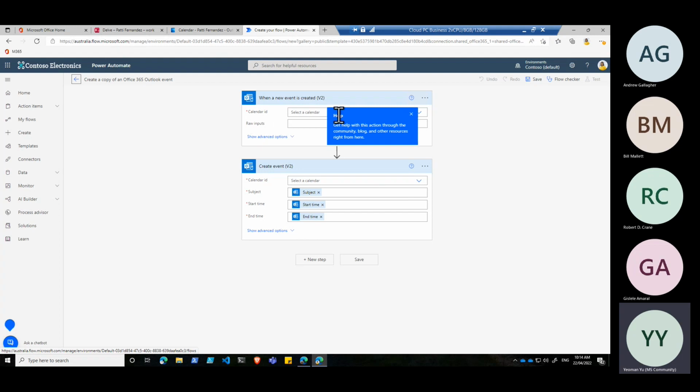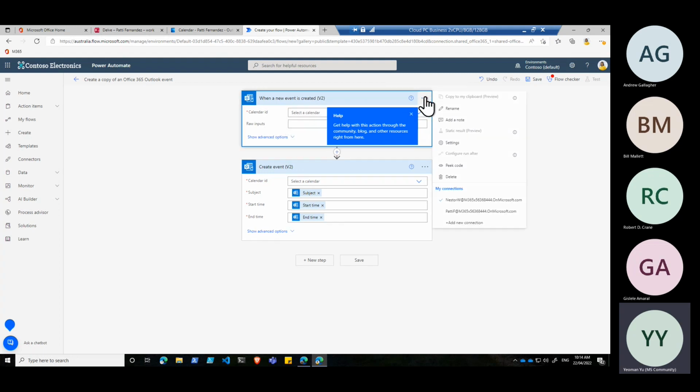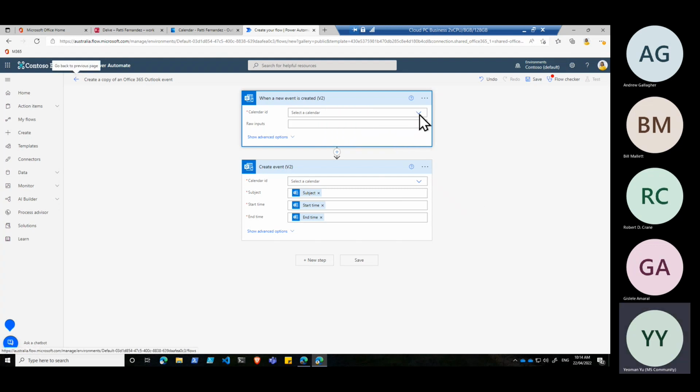So what you want to do here is really run through all the variables that you need to worry about. The first thing you need to do is check some of these additional things, because we're using a connector, that we're actually choosing the right calendar to copy from. So it's asking me, which connection am I using? Well, I want to copy from Patty's calendar, and go away, little help button. And then once I've selected that, then I can choose which calendar.